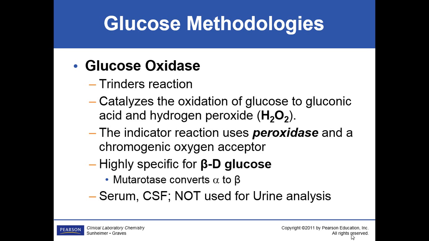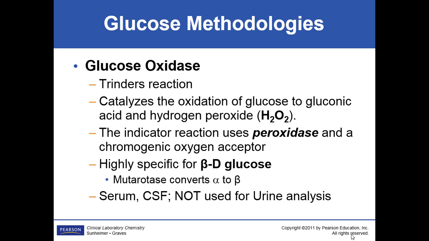Okay, the very first test that we started with was glucose oxidase. The reagent was called Trinder's. It seemed like somebody kept saying Trinder's for something. They must have recognized it. We don't use this as much as we used to. It's the cheapest of the methods to use. We're going to change the glucose to gluconic acid and add hydrogen peroxide. This peroxidase will bind to a color, and you see a color. That's your reaction, okay?